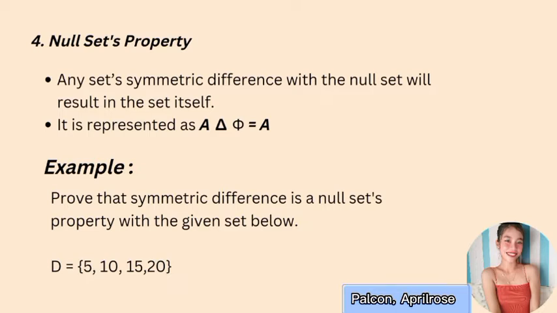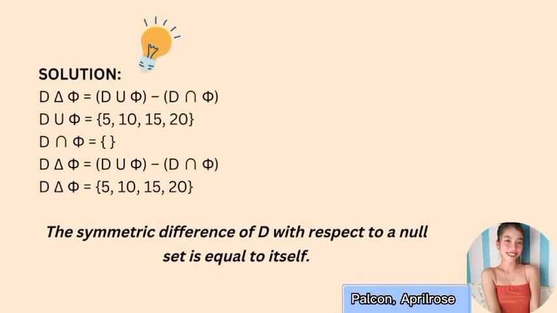D equals the set of 5, 10, 15, 20. So the solution is D symmetric difference empty set equals open parenthesis union of D and the empty set close parenthesis minus open parenthesis intersection